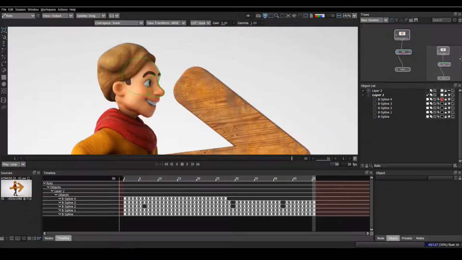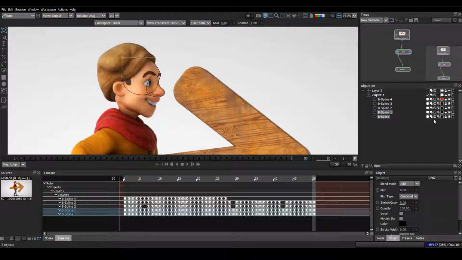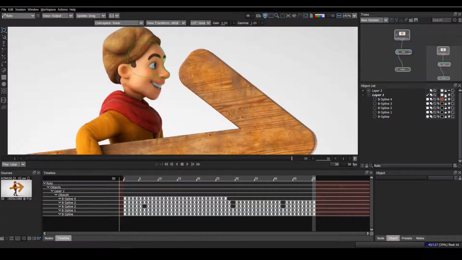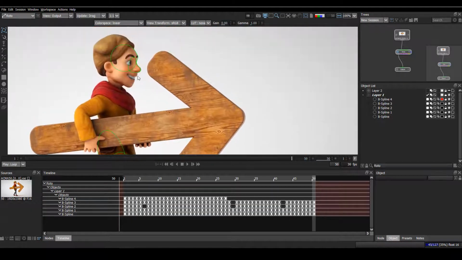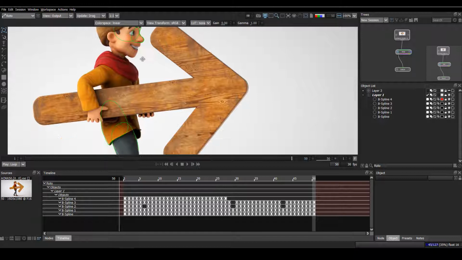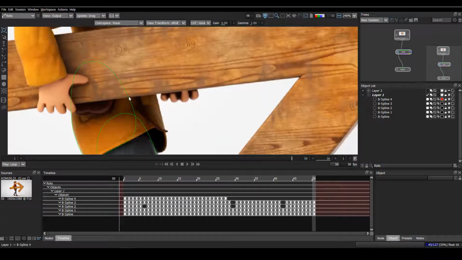Why? Because it is locked, so I can't select it. Okay, so look here, because this layer is locked, so I can't select any shapes. So if you are having too many layers, too many shapes, and you don't know which shape is in which layer, so which layer to unlock and then select the shape, what you can do, you can just press Control and then click on that shape.